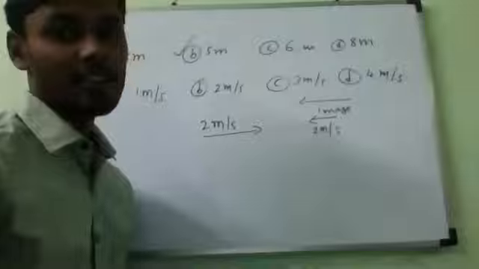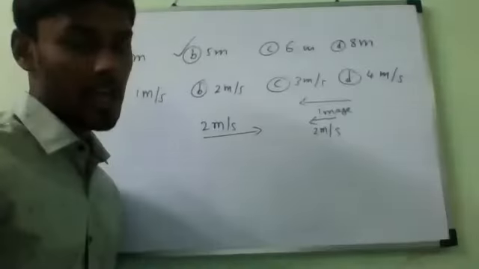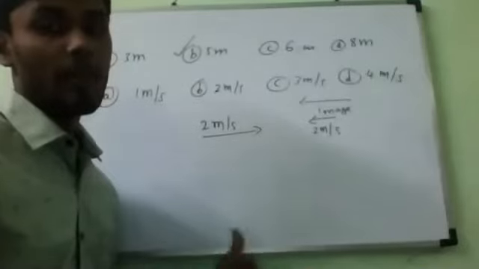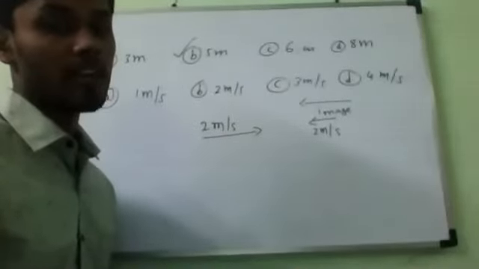So the image also will appear to move towards the mirror at the same speed, 2 meters per second. Now, you observe the speed at which the image of the truck appears to approach the car driver will be